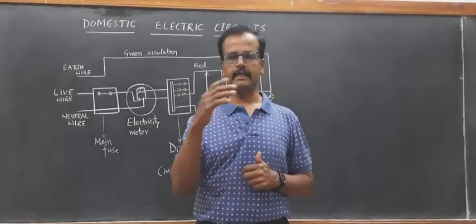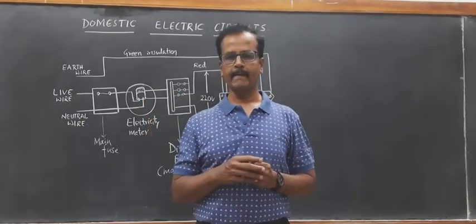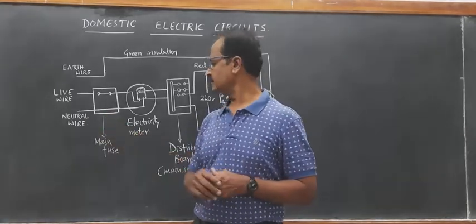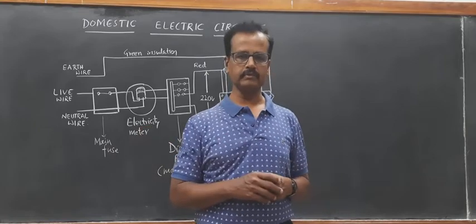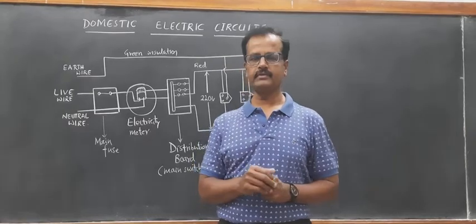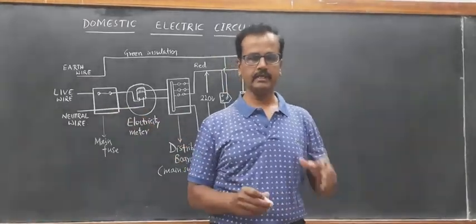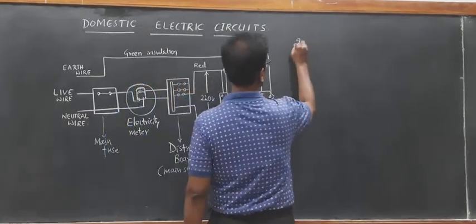Before it enters our home circuit, it enters through the main electricity meter board. The main electricity meter board consists of a main fuse, and the current that we use in our country is of 220 volt